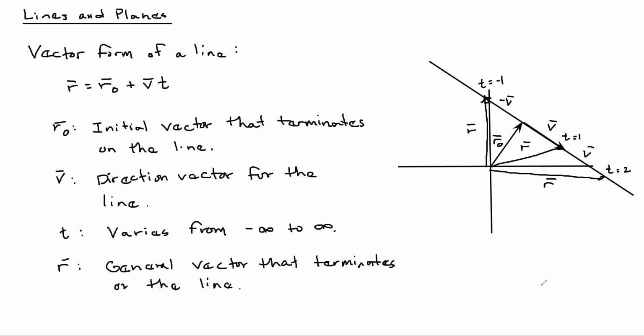Okay, so why have a vector form of a line? Aren't our current definitions doing a great job of defining lines? Yes, they are in 2 dimensions. However, the nice thing about the vector form of a line is that I drew all of this in 2 dimensions, but all of it could be extended to 3 dimensions and nothing would have to change. Okay, so if you go through and draw a 3-dimensional coordinate axis,